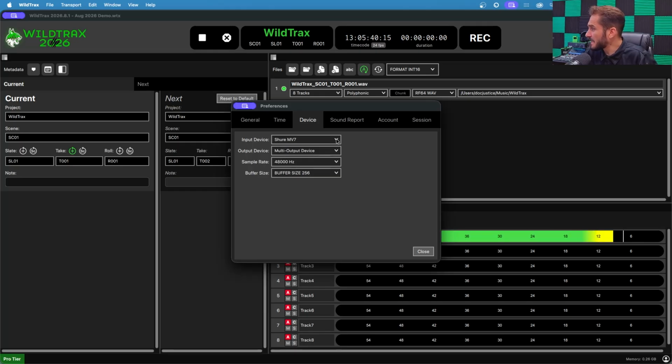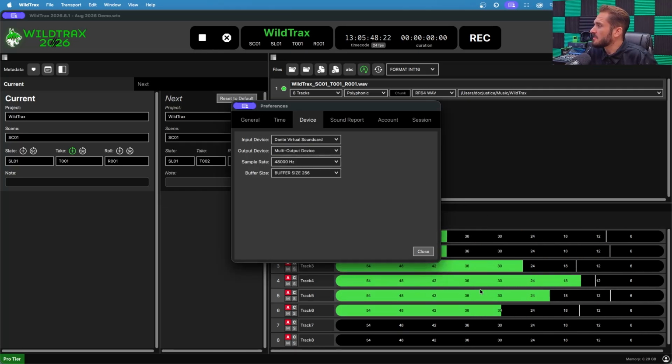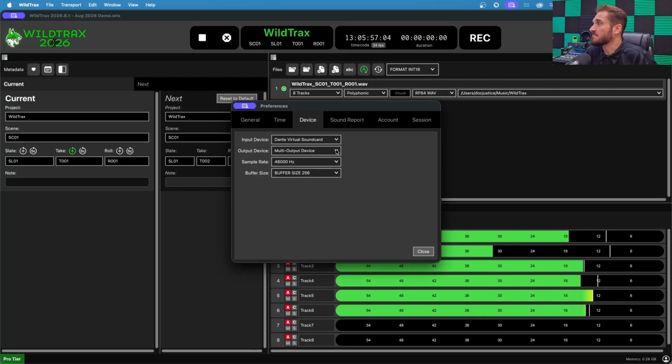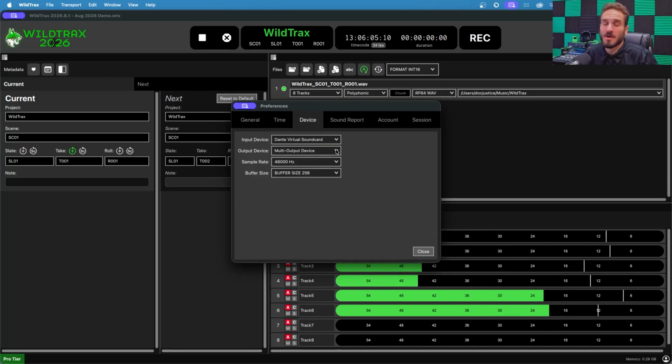But I'm going to change my input device to my Dante Virtual Soundcard. And as soon as I do that, you can see in my tracks panel that I already have some audio coming in. For my output device, which is going to be for all my playback needs, I have already selected a multi-output device so that I'm able to play this audio for you as well as hear it in my